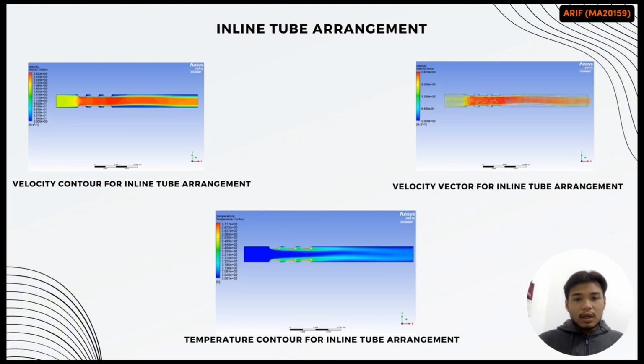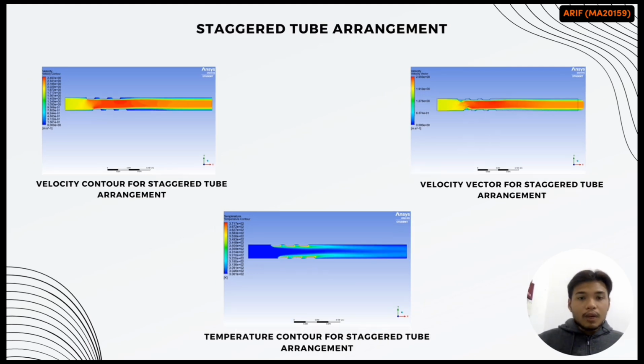So this is the inline tube arrangement. From here we can see the velocity contour, velocity vector, and also the temperature contour from the inline tube arrangement. So this is the staggered tube arrangement. We can also see the velocity contour, velocity vector, and also the temperature contour. So here we can make the comparison between the inline tube arrangement and staggered tube arrangement, and we can finalize